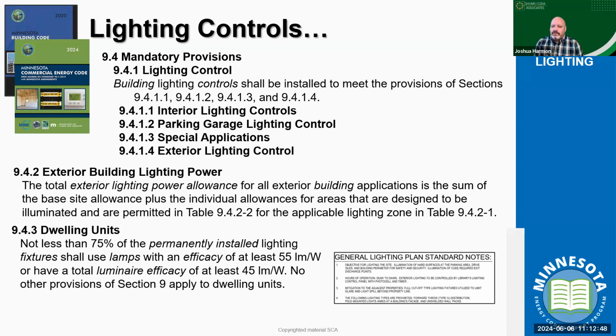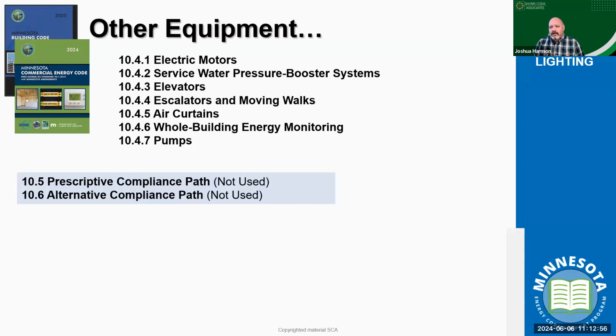And so the code identifies for us different expectations for the different types of equipment and controls that go into place in these systems. And then the code also provides for us a variety of different equipment identified in chapter number 10 that drives in the concepts of electric motors, elevators, air curtains, pumps, different elements that may be having a variety of different impacts. So when we think about it from a mechanical perspective, as well as from an electrical power calculation, we can evaluate these systems and how they are operating. When are they drawing down?